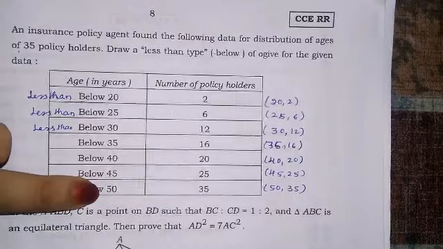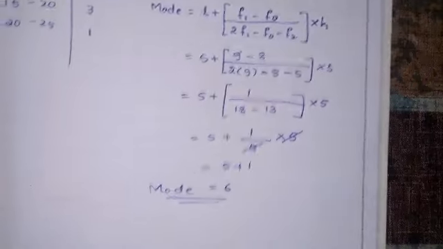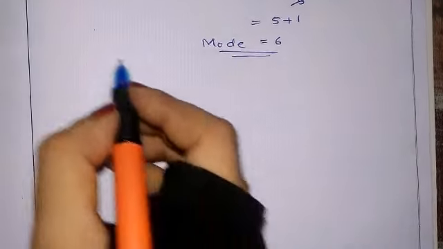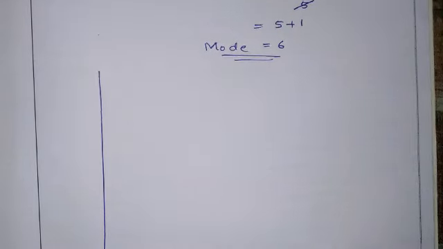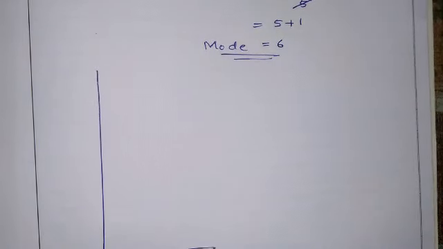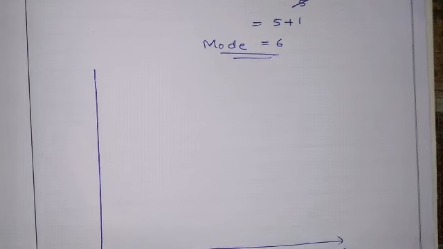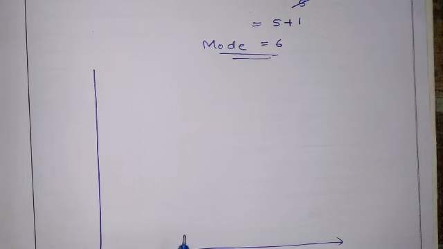You have to plot the less than type OG, and you know that the less than type will go from down to up. Just you have to draw one OG. Here the lower limits are